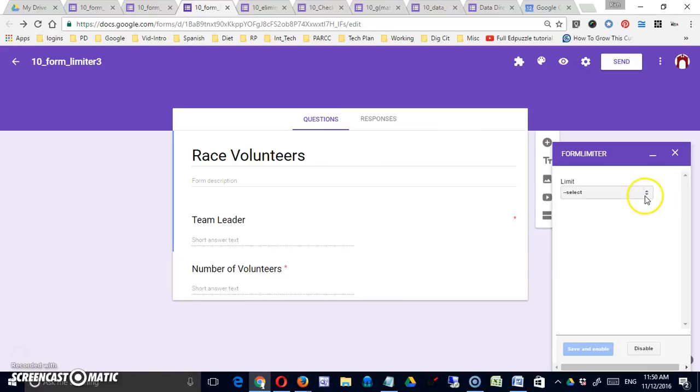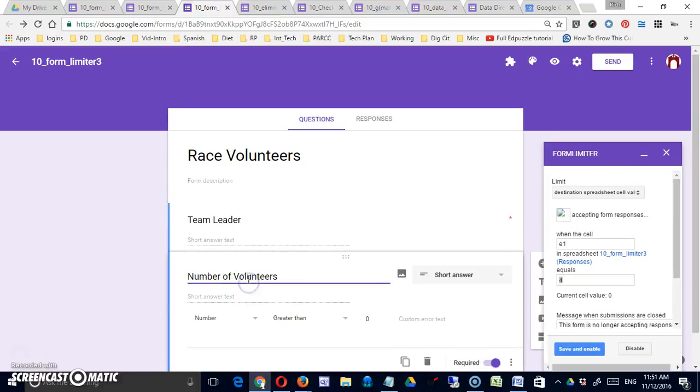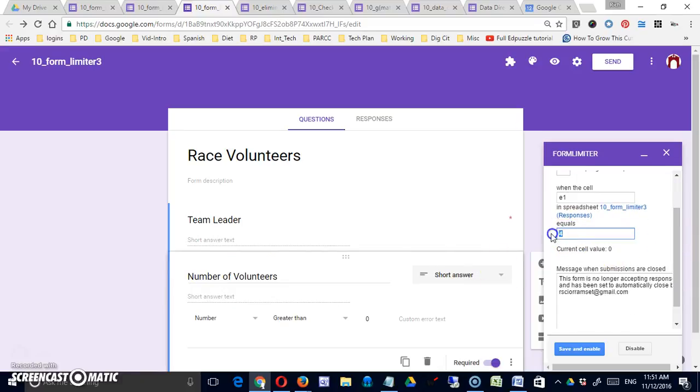The third option is a little trickier. Third option is destination spreadsheet cell value. And you can pick a spreadsheet, hopefully the spreadsheet that's containing the information from this particular form. You can pick out a cell and then say when that cell equals a particular value to stop. Now in this case I went in and I set up a sum all, so it would sum up the total number of volunteers that people submitted. So here someone could submit 1, 2, 3, 4 volunteers, and when that number equaled, say 10, it would stop